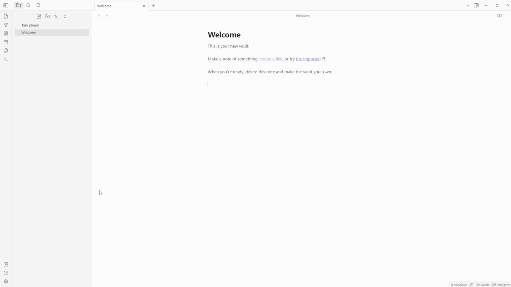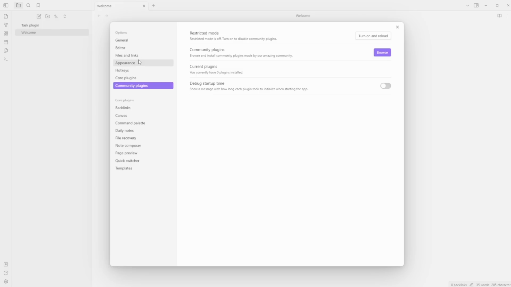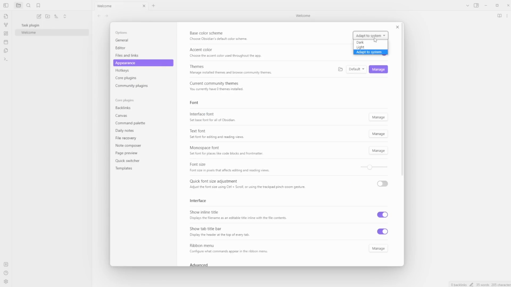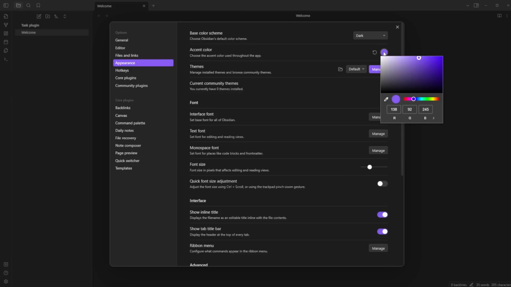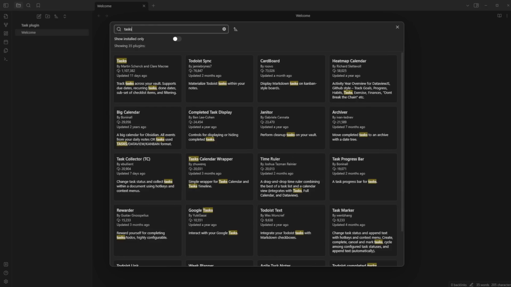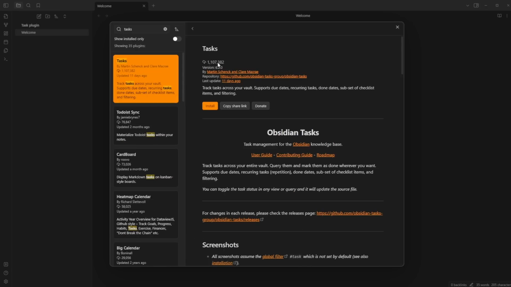So going into Obsidian, I've got a brand new vault. If I go down to the settings, I'm personally just going to change my appearance very quickly. I'm going to go to the appearance tab, adapt to system, I'm going to make it dark mode, and then I'm just going to change this to an orange just so I feel more comfortable. But then I'm also going to go community plugins, browse, type in tasks at the top, and now there it is, the tasks plugin. There's over 1 million downloads, so I'm going to push the install button, enable button,